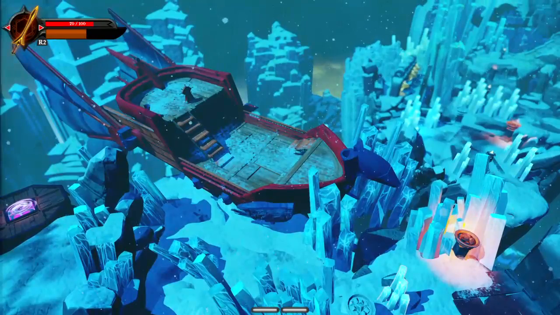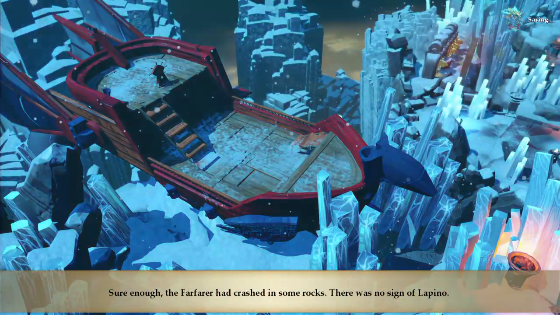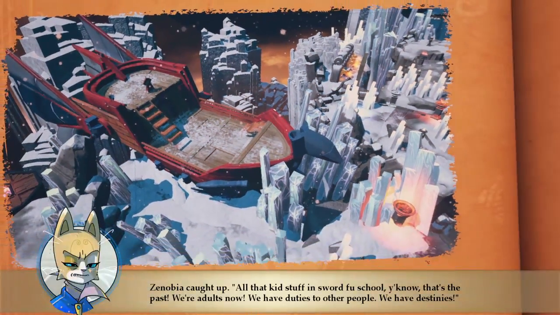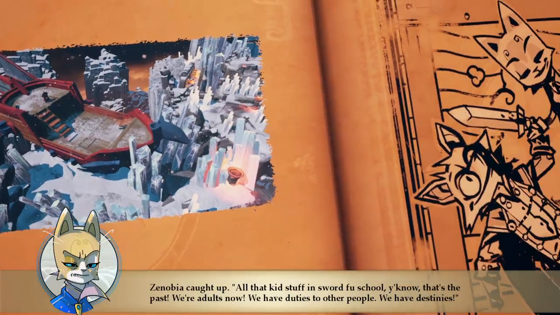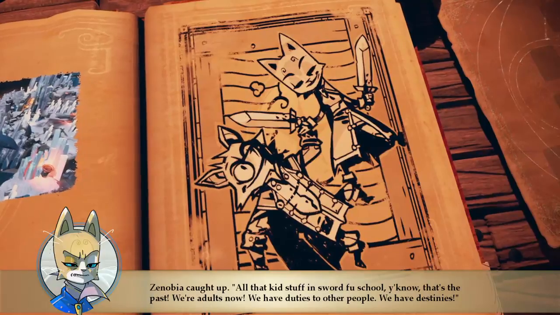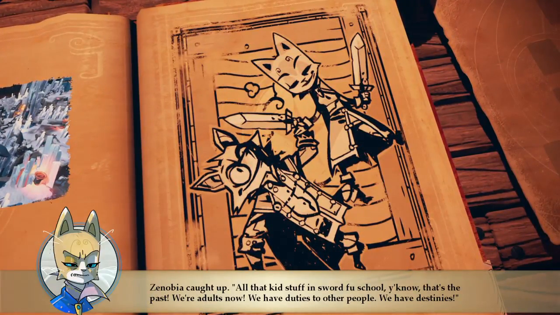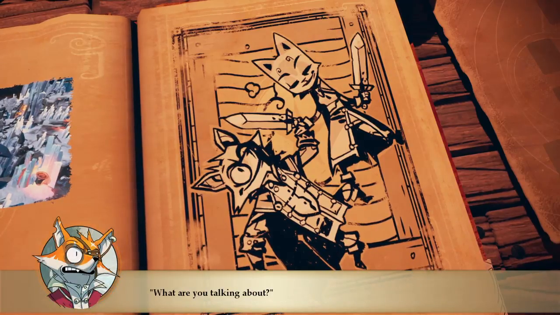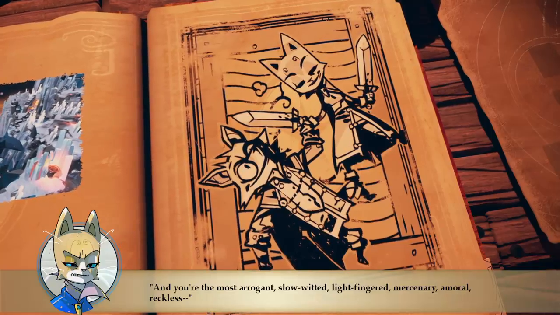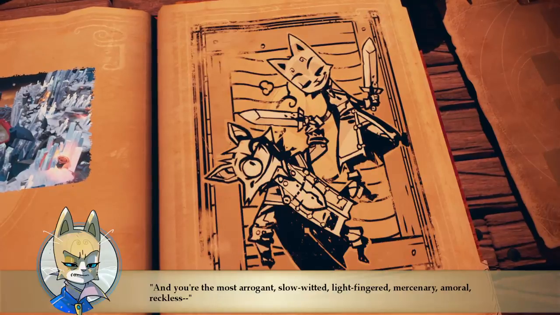Well, there's a ship. Sure enough, the Farfarer had crashed in some rocks. There was no sign of Lupino. Zenobia caught up. All that kid stuff in Swordfu school. Look, look, that's the past. We're adults now. We have duties to other people. We have destinies. What are you talking about? And you are the most arrogant, slow-witted, light-fingered, mercenary, immoral, reckless...